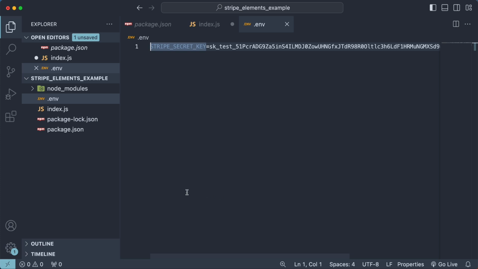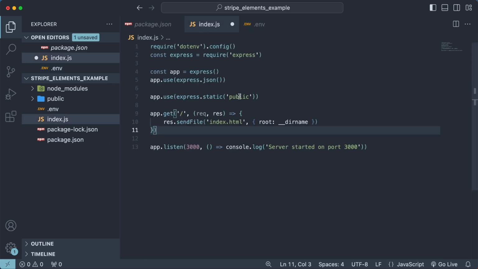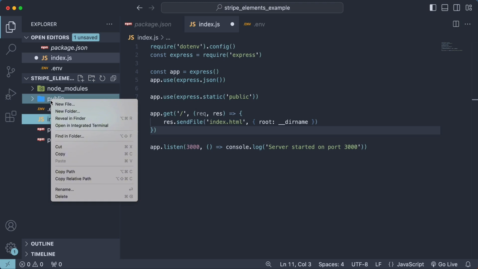Now back here on the root of our application, let's create the public folder to store the static files we'll be using on the front end. So new folder, called public, and of course we can configure and give any name to this folder, and we can also create and configure in Express multiple folders to serve static files. And inside the public folder, let's create the index.html file we're sending to the client when accessing the home route. So new file, called